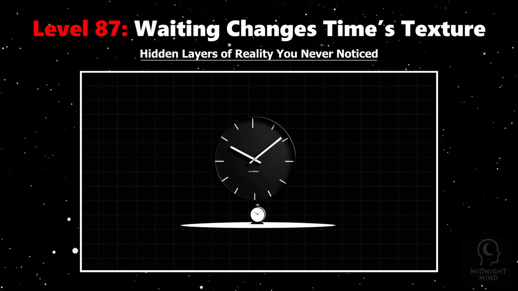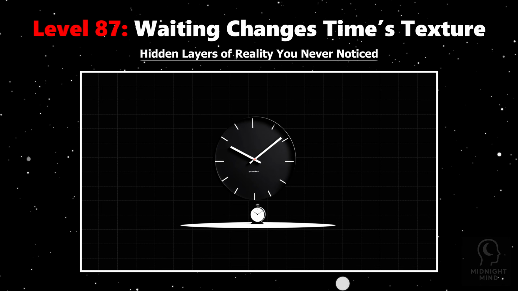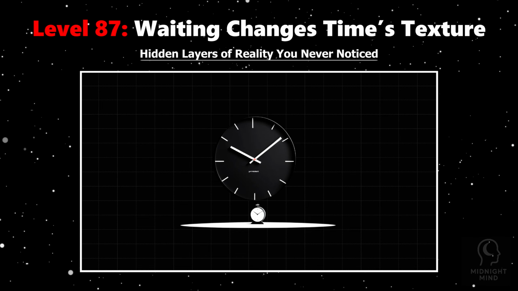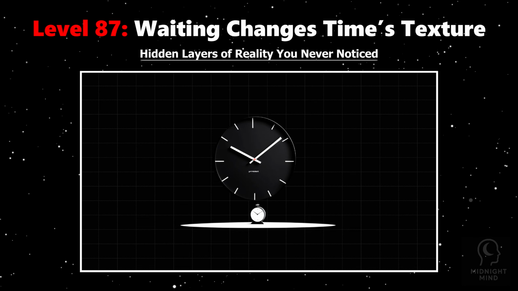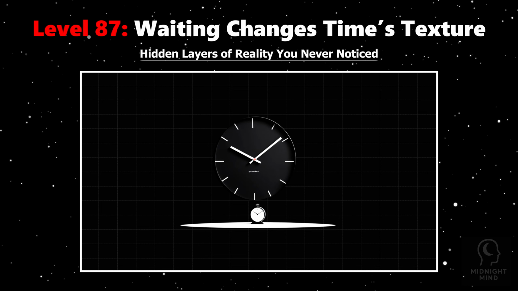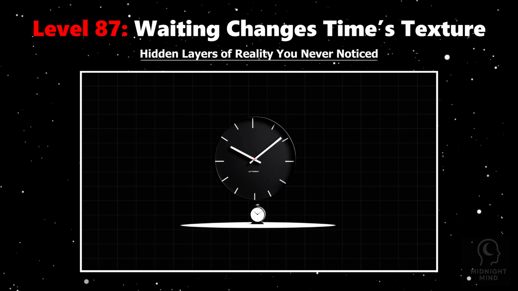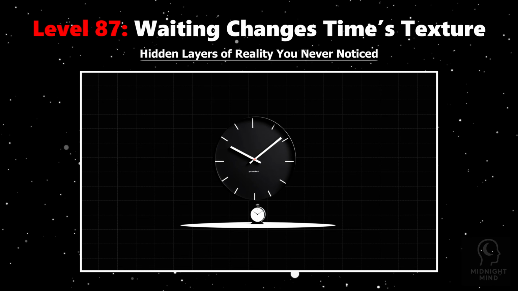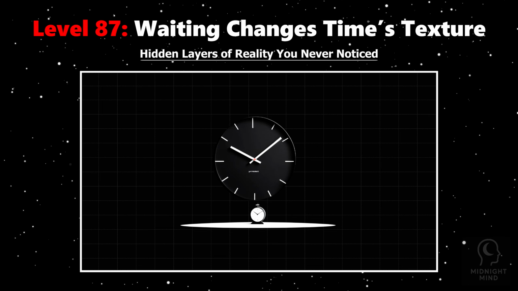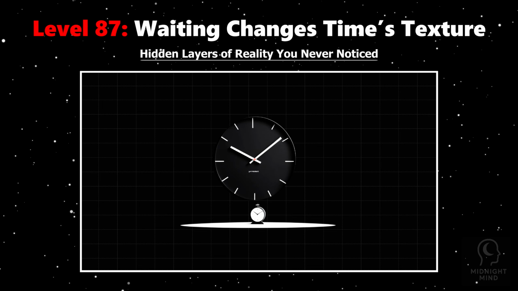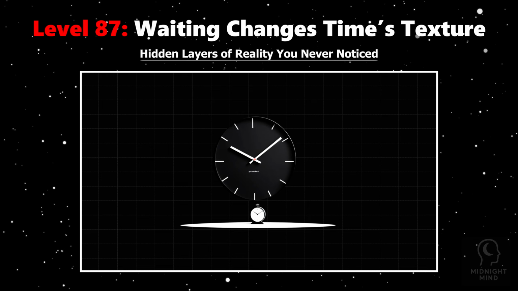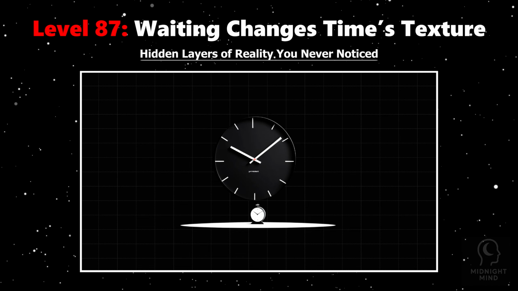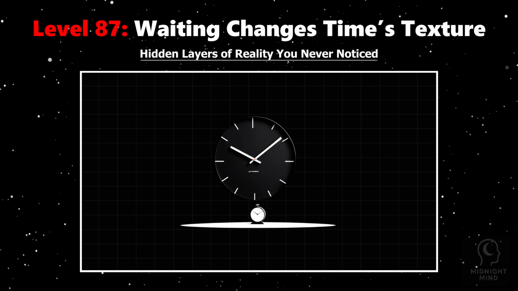Studies reveal that when people anticipate a painful stimulus, time feels longer, as if the clock slows. Conversely, joyful anticipation compresses time, making waits seem shorter. This isn't just subjective. Experiments with time estimation show our internal clocks speed up or slow down based on how emotionally charged the waiting period is. The texture of time itself changes, thickening with dread or thinning with excitement, profoundly shaping our experience of reality.